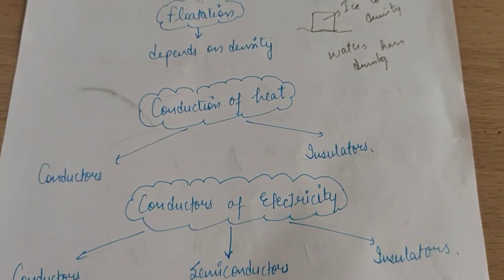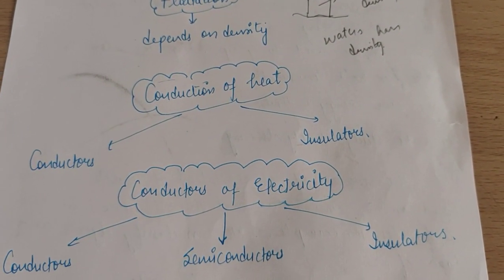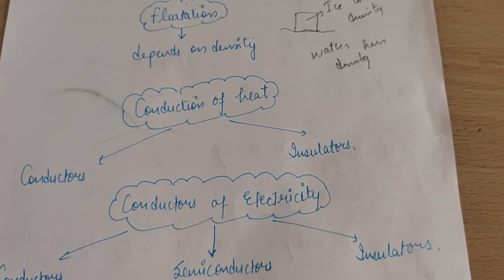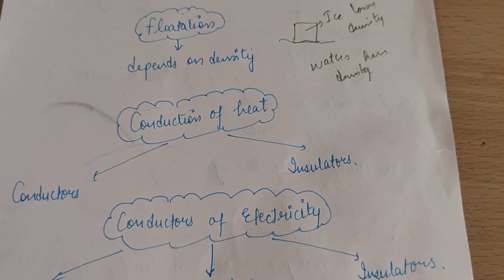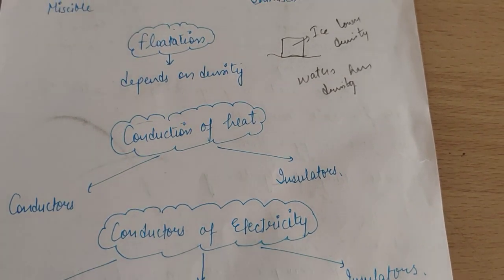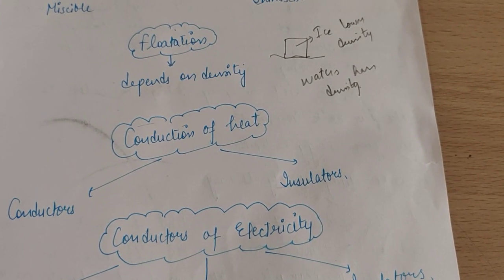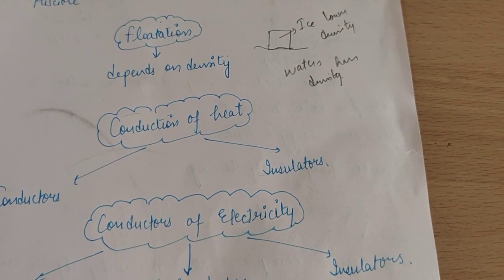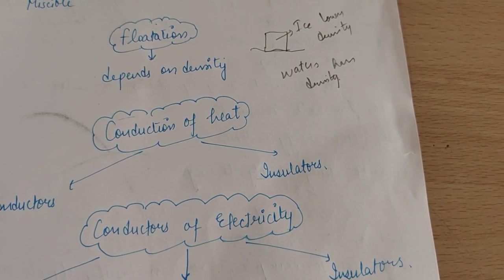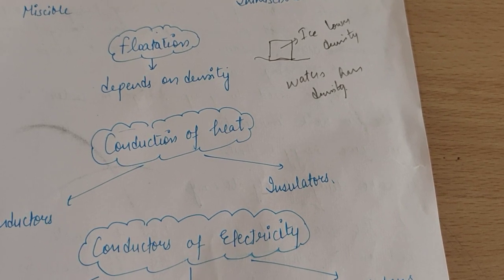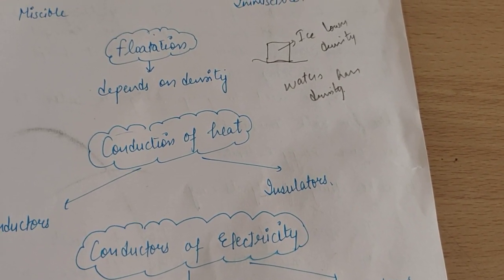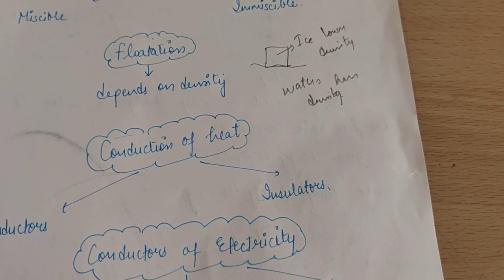Then the next property is conduction of heat, like whether the substance can conduct heat or not. What does conduct heat mean? Conduct heat means that if one end of the object is hot, then the other end will be hot or not. Fine. Like in common life, if the handles of the cooking utensils are made up of wood, then your utensil will be hot, but the handle will be cold, and you can carry the utensil very easily. It is because the wood is not a conductor of heat.